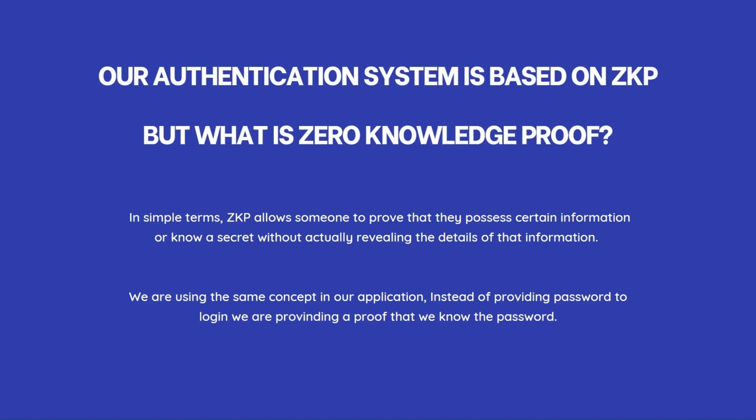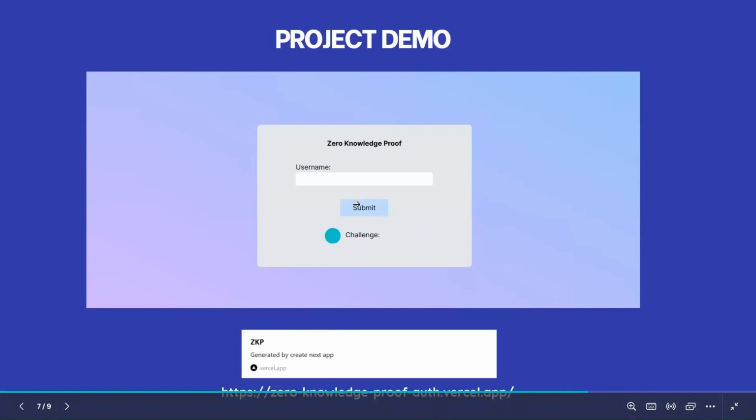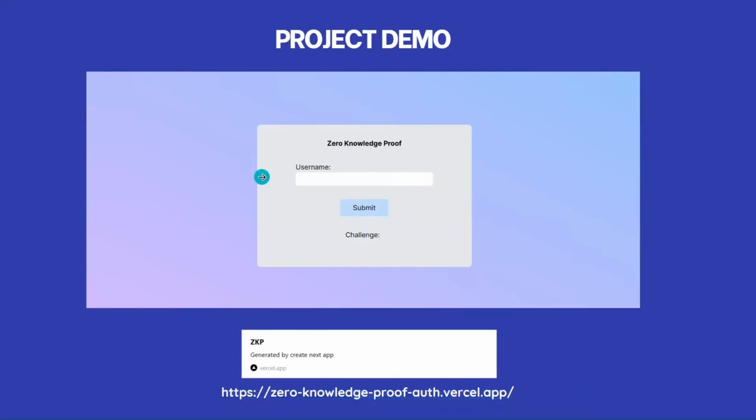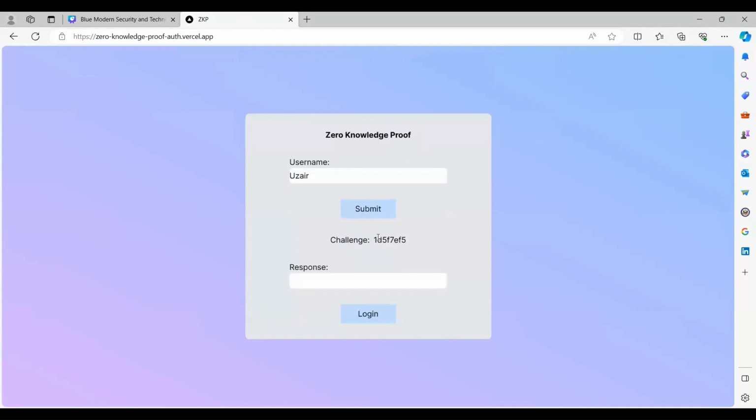Let's move ahead, and I will show you a quick demo of our project. This is our project, which looks quite similar to a normal login screen, but it is different. So basically, as in every login authentication mechanism, we have to enter our username, in this case Uzair, and I have to submit my username, and it will provide me with an alphanumeric key, which is a challenge in this case. I will copy this challenge